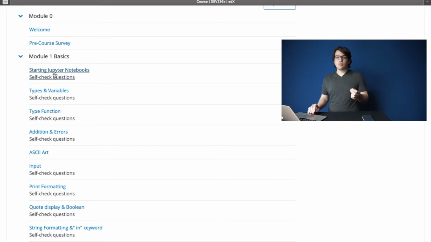So module 1, basics, starting with Jupyter Notebooks. They use Jupyter Notebooks as a platform to write your code in, because you will not write directly in edX, you will write in Jupyter Notebooks, which means that you need a Microsoft account. So let's start module 1.